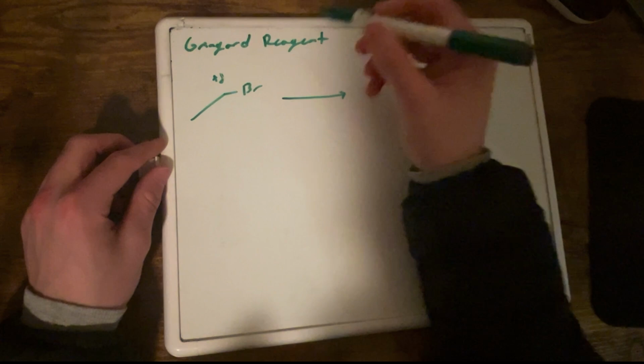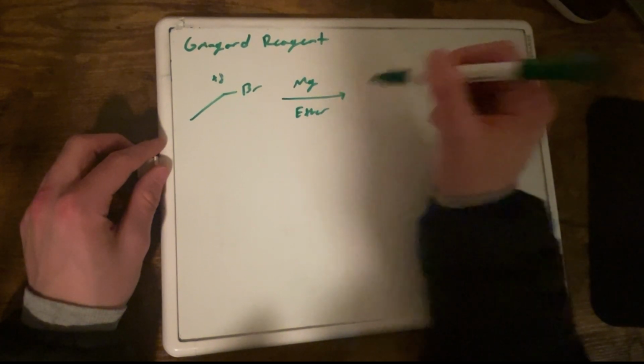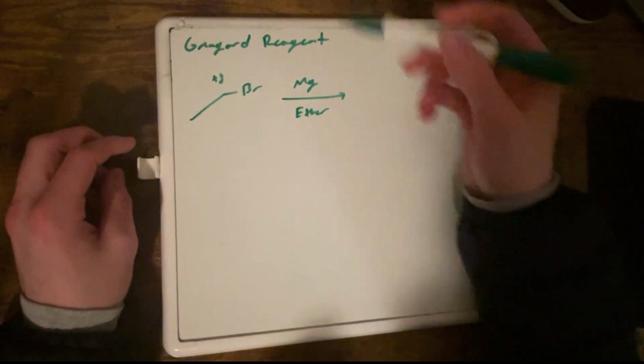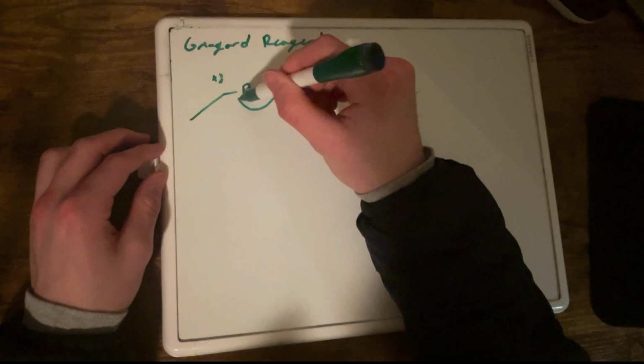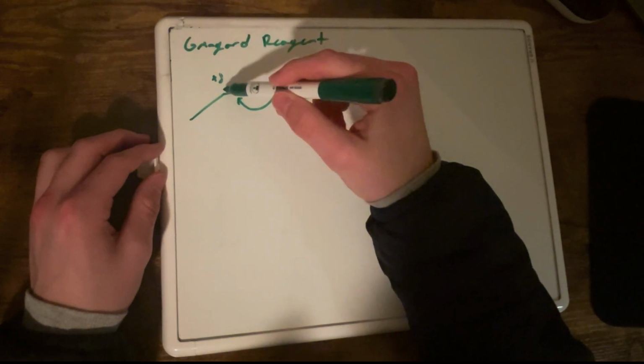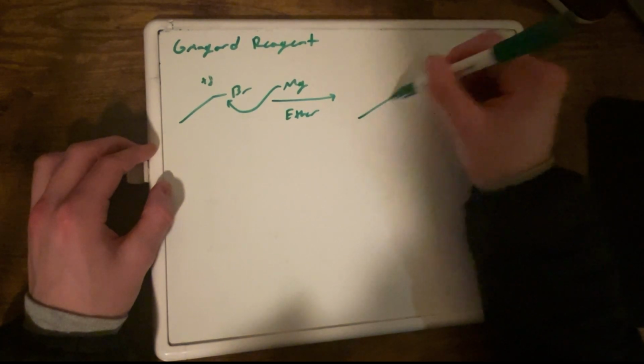But if we react magnesium in an ether solvent, essentially the magnesium is going to insert itself in between the halogen and the carbon it's connected to, which produces